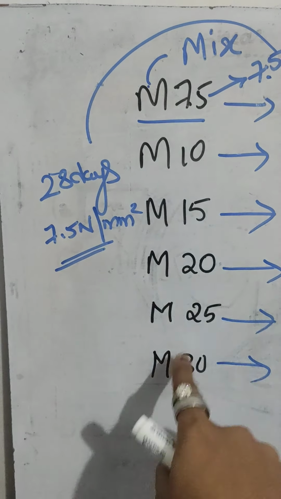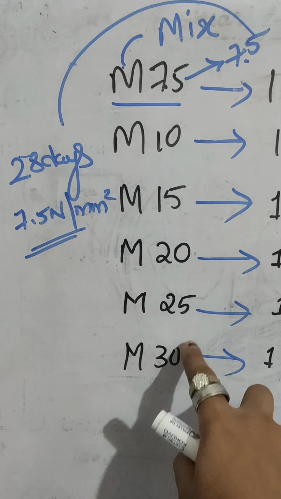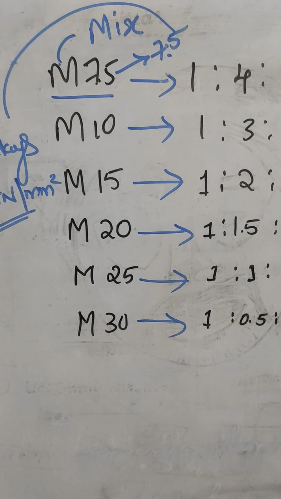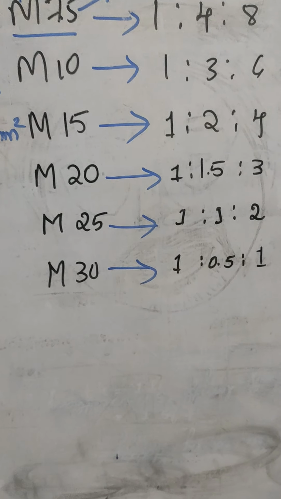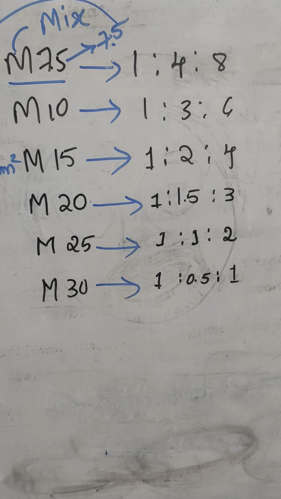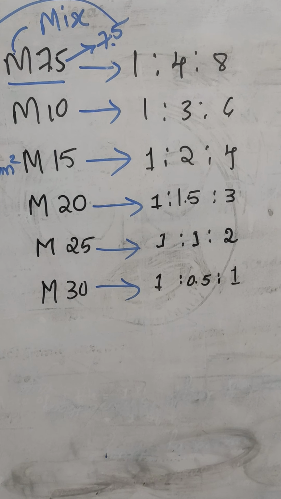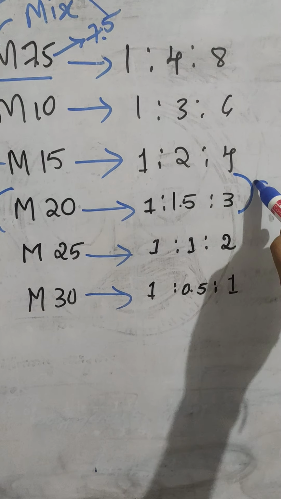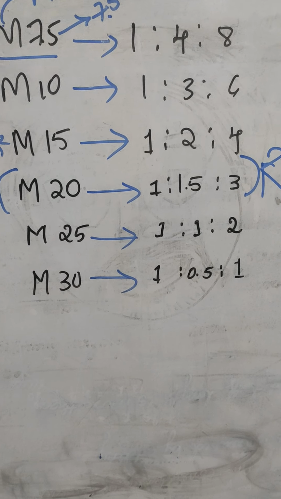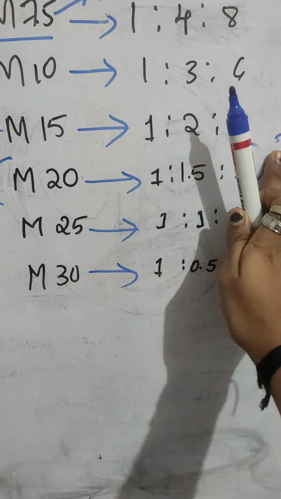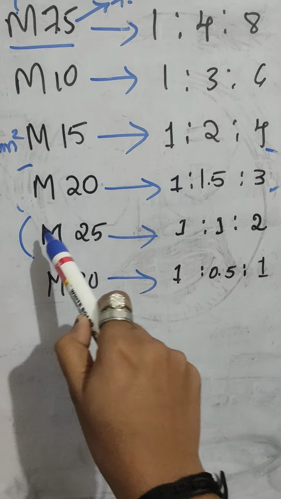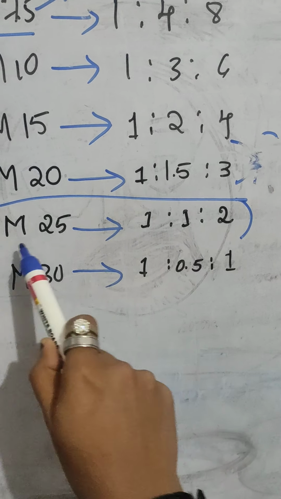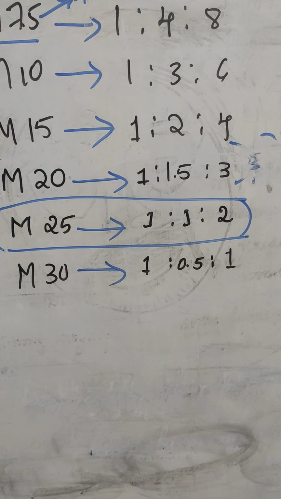In a similar way, M stands for mix, and this 10, 15, 20, 25, 30 stands for the characteristic strength of the particular concrete. Okay, so I will tell you a short, very easy method to remember this. So we will consider M20 as reference. Okay, so this as reference we will take. That is for M20, sorry, not M20, we will take M25 as reference. So this one portion you need to remember, that is, the M25 mix design ratio is